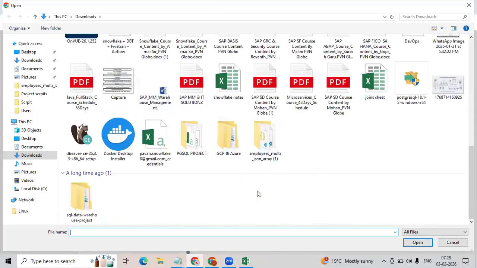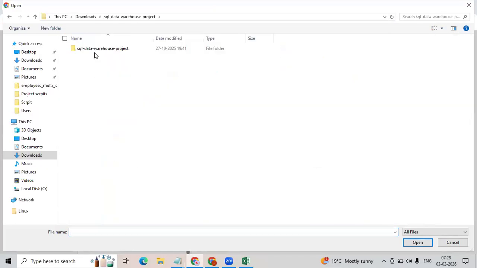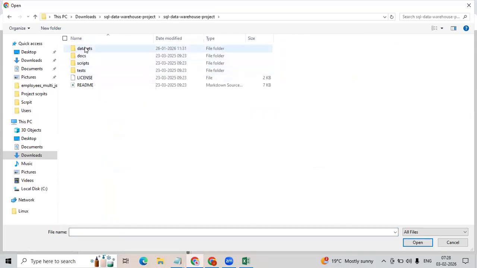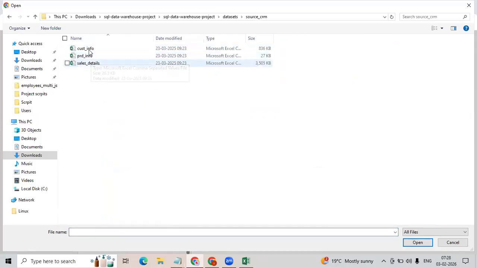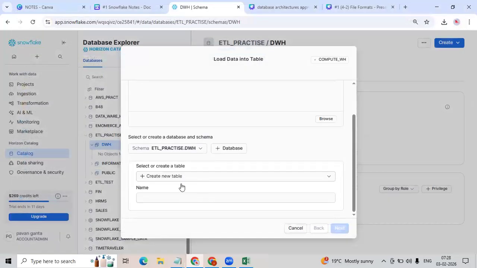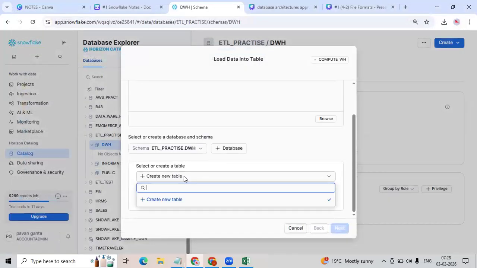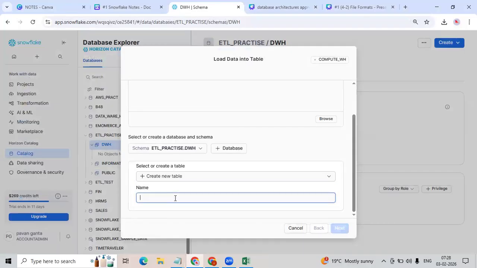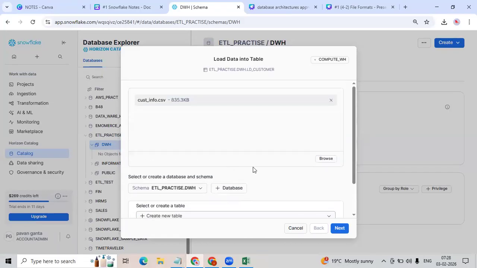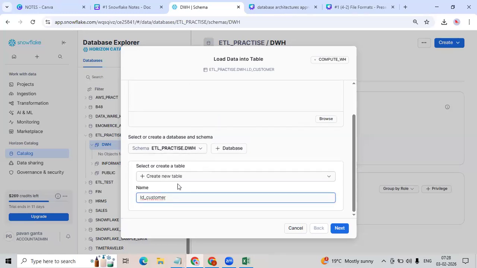Data warehouse, data warehouse. Let me select these files. Okay. Here we have an option to create a new table, or you can search for an existing table. I'm selecting create new table and LD customer. Okay. Done. So I have uploaded this CSV file. Here I have these things. If you want, you can create a new table, or you can select another table to load the data. Done. If you click on next,